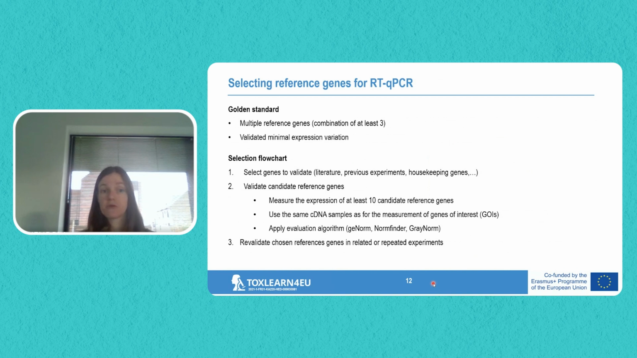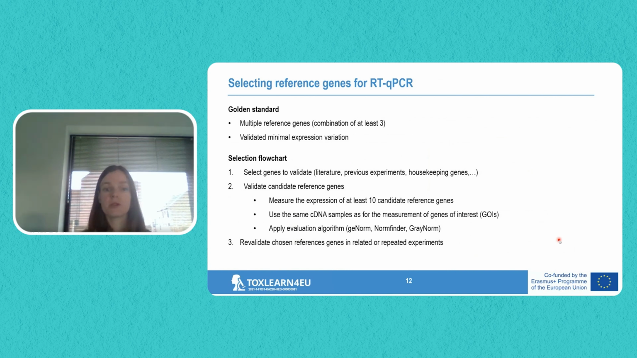To select these reference genes, we typically use this flow chart here. So first of all, you will need to select genes that you want to validate. So you will need to look for genes which you think could be good reference genes under your experimental conditions. How could you find these? Well, you could, for example, look into literature. If someone else performed a qPCR experiment in similar experimental conditions, then you could have a look at which reference genes